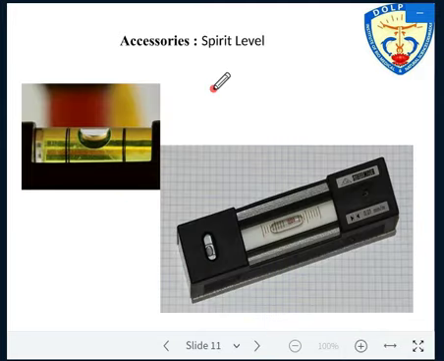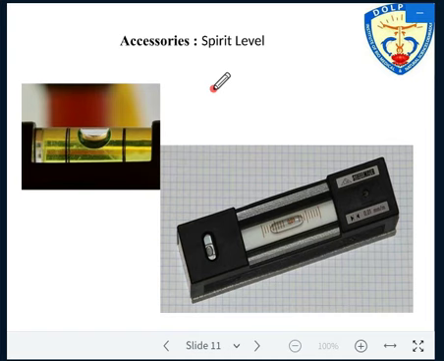Then we have another, the spirit level. That spirit level is also used to properly level the table. See, when you are using the plane table with a tripod on the ground, this is one of the tasks, that the plane table should be level. Properly leveled plane table is required. If any leg is up and down and everything, then your observation may be wrong here. Fine. So we have to make the table properly leveled.